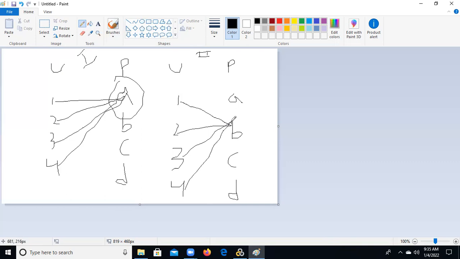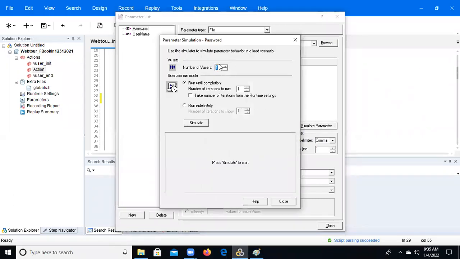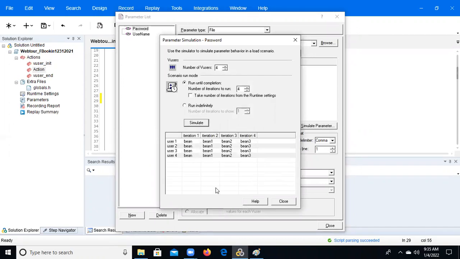This is the second iteration. Third iteration, what will happen? Anyone can tell? We choose C. Yes, all users will pick C. Fourth iteration, all users will pick D. So like this, we will pick the users in sequential. So we'll see here now, sequential each iteration. I'm giving 4 iterations, and the number of iterations will be 4. Just so we can simulate here, we need to observe.